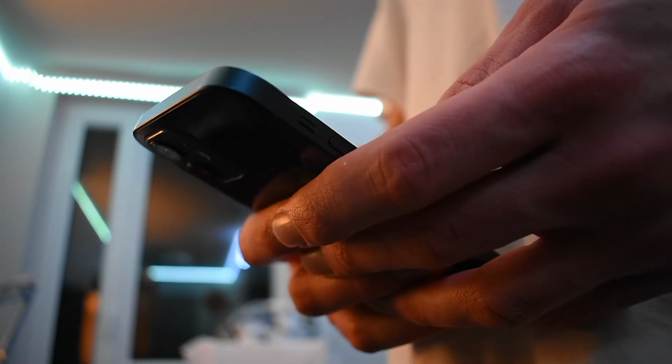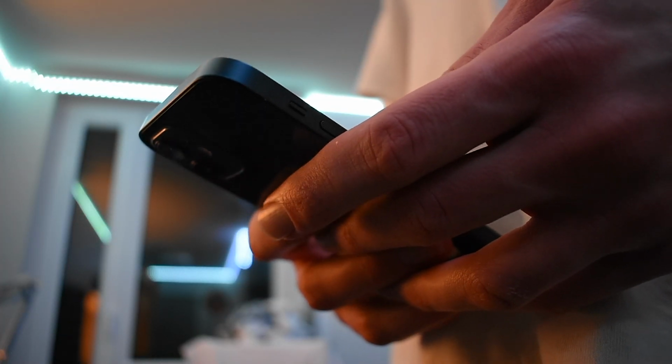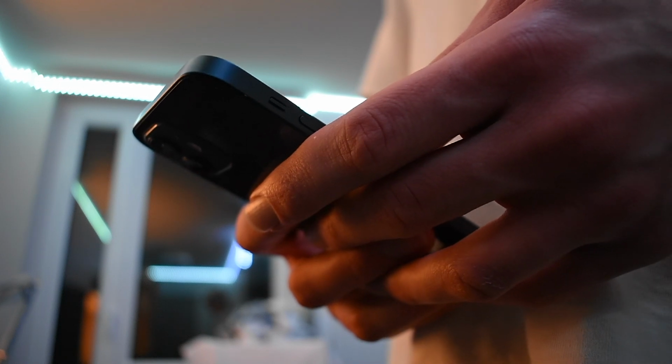The haptics are fantastic. I wouldn't put them a league above Google's in terms of quality, but they're used all over the UI, even in third-party apps like Spotify, which, again, makes interacting with iOS just a little bit more